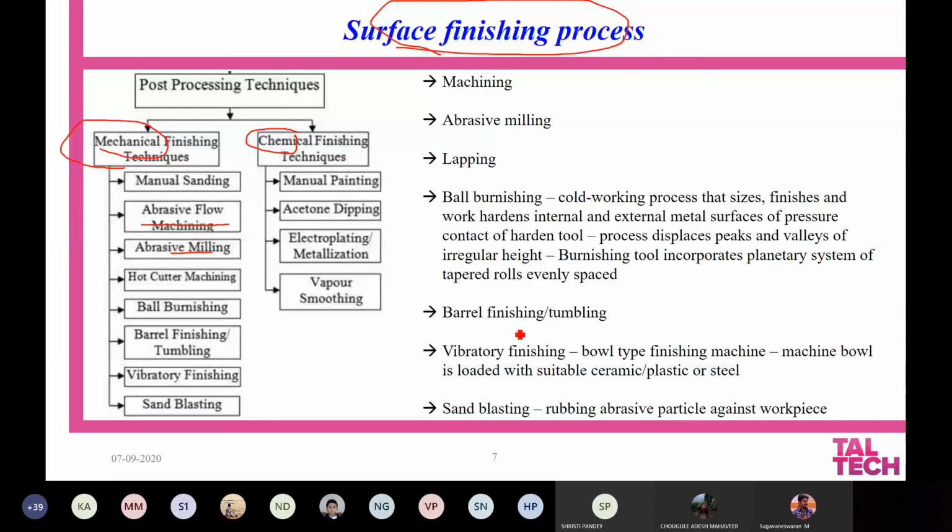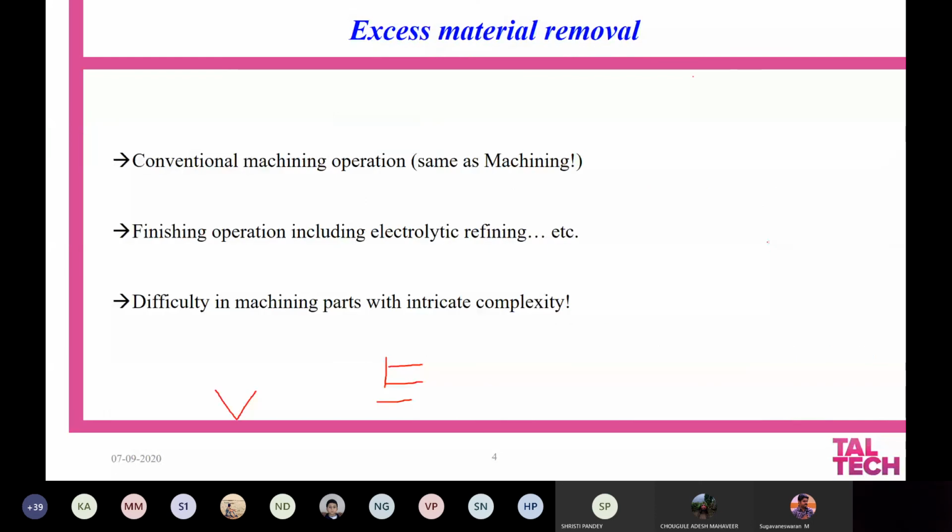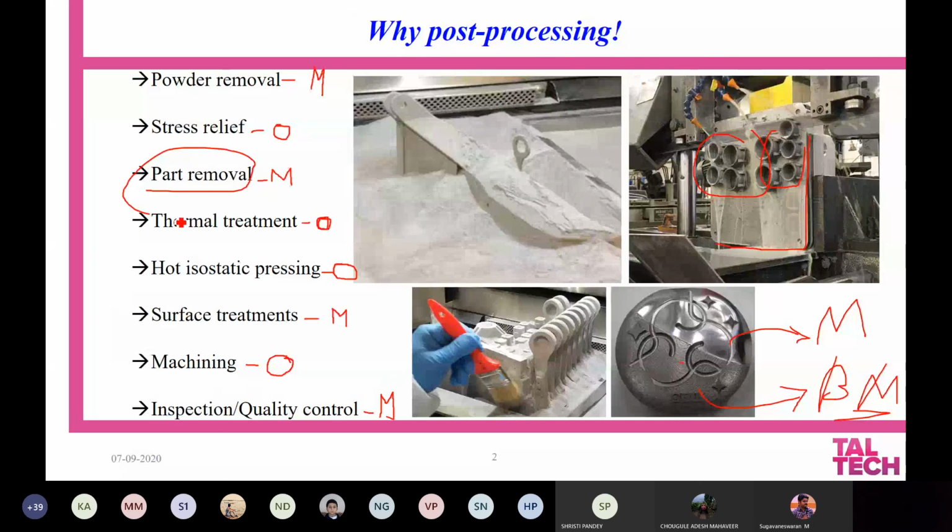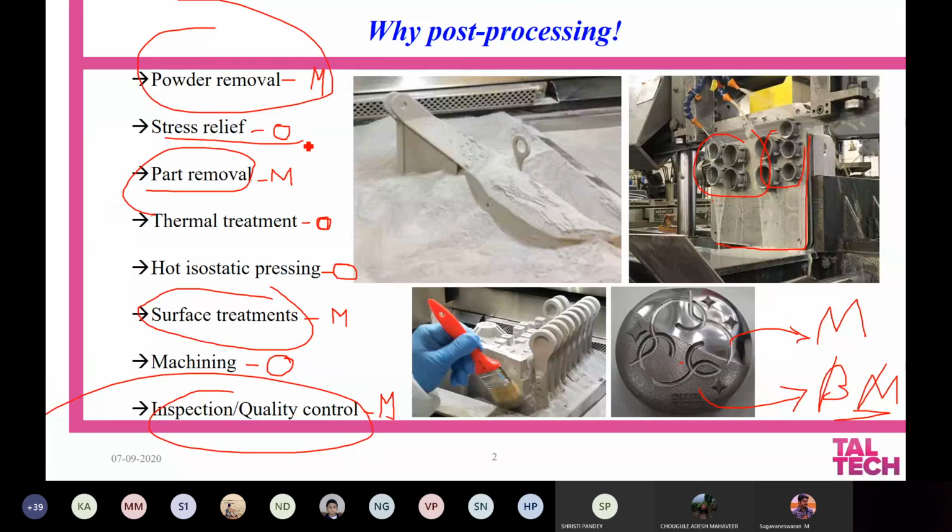So we can summarize by saying that there are few post processing operations which are mandatory, and few of them are optional. Mandatory post processing operations involve part removal, powder removal, surface treatment, and inspection and quality control. The optional ones involve thermal treatment or stress relief, hot pressing and machining, etc.